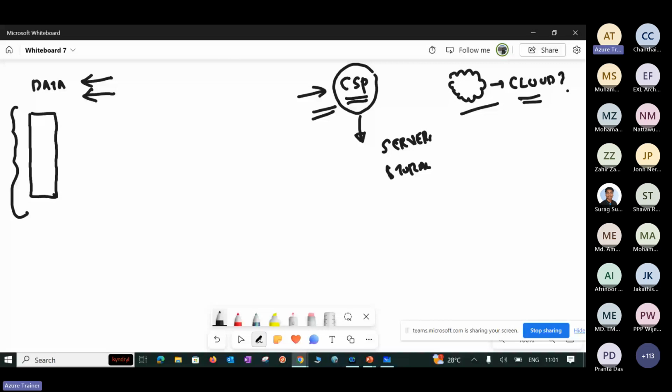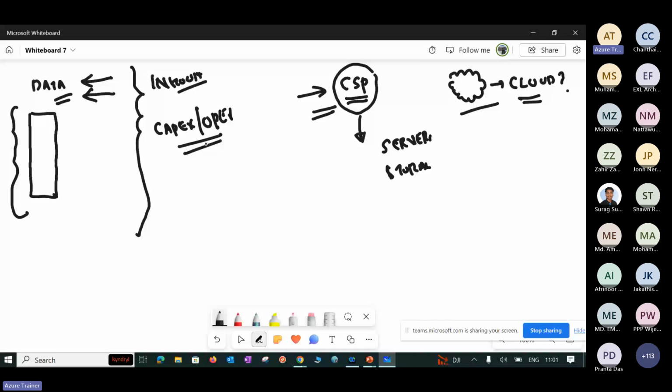Now, moving to a cloud solution, consider first the on-premises scenario. Your data center or data room has been configured in an existing in-house room, right? So we are responsible for implementing the capex or opex here. We are responsible for purchasing and implementing the data center, the hardware, and all the details. Now, coming to a cloud solution,